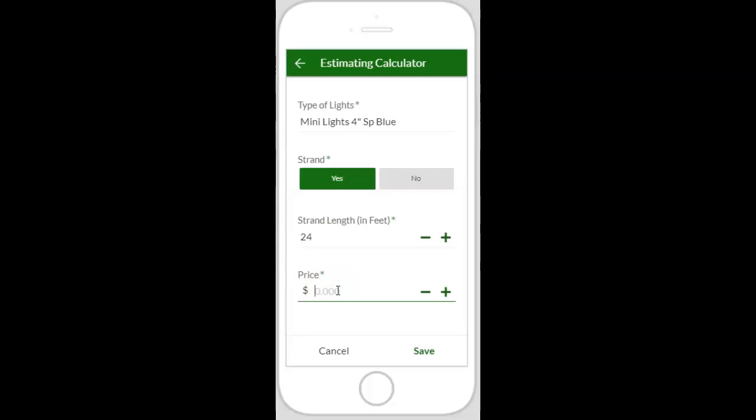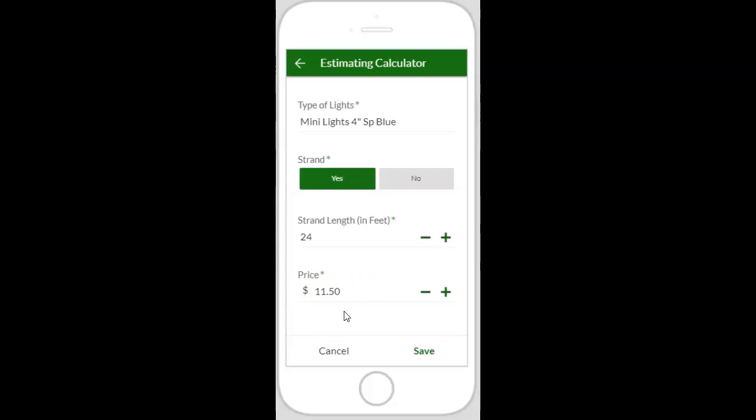And then what is my price of that strand? What we typically tell you, if my price is $10, I'm just going to use a nice easy round number. If my price is $10 on this, what we'd like to tell you is you up it by 10 to 15%. So in this case, we're going to do, let's say 15%. So I'm going to add $1.50 to this strand, and I'm going to put this at $11.50. So what that's going to do is when we decorate a house or a tree or whatever, if I'm using 10 strands, it's going to take 10 strands and multiply it times $11.50,